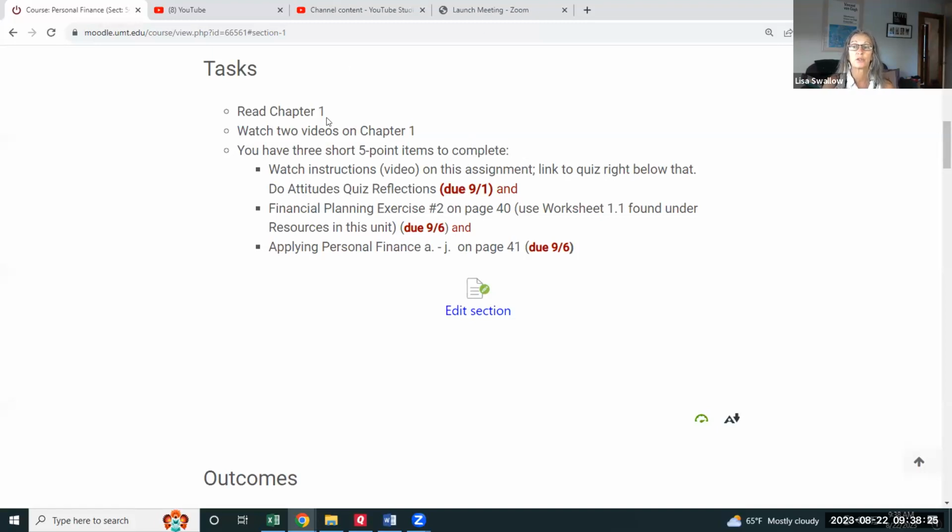I will tell you that it's really important that you establish at least 2 1.5-hour chunks of time per week to work on this class. There's no way, for example, like, oh my gosh, I've got something due on the 1st. So here I am at noon on the 1st, it's due at 11 p.m. I'm going to read this, watch the videos, do the assignment. It's not a class like that.